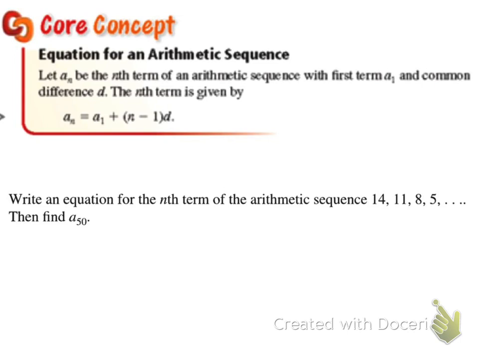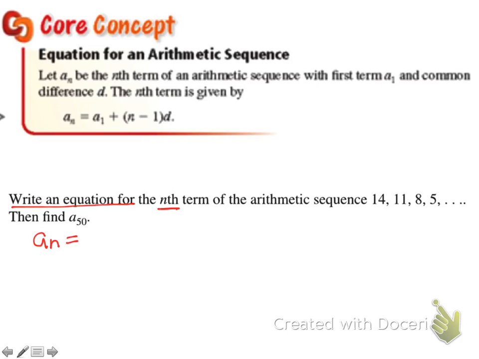It says write an equation for the nth term of an arithmetic sequence. Okay, so before we go to the 50th term, they want us to do this in 2 parts. We can go right to the 50th term. I'll show you both ways. But let's write the equation. They want just the general equation for the nth term. So a sub n, since it said the nth term. If they had said the 50th,